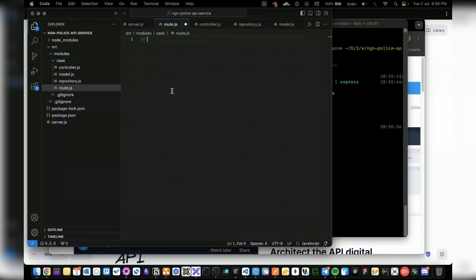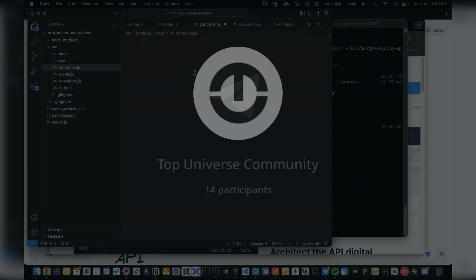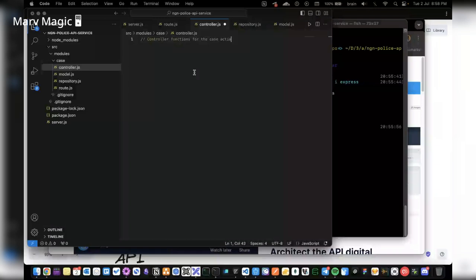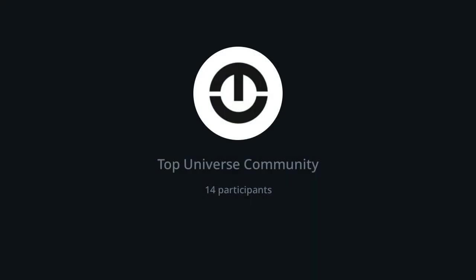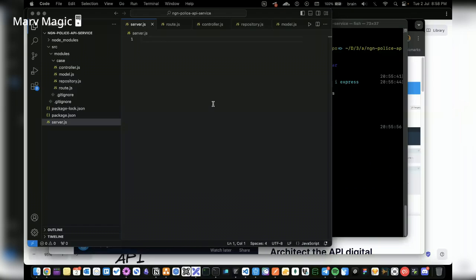So the routes for the case actions. Just putting some comments there to make it easier for us to understand. So controller functions for the case actions. All right. And right inside the server.js file here, I'm going to start by saying const express equals require.